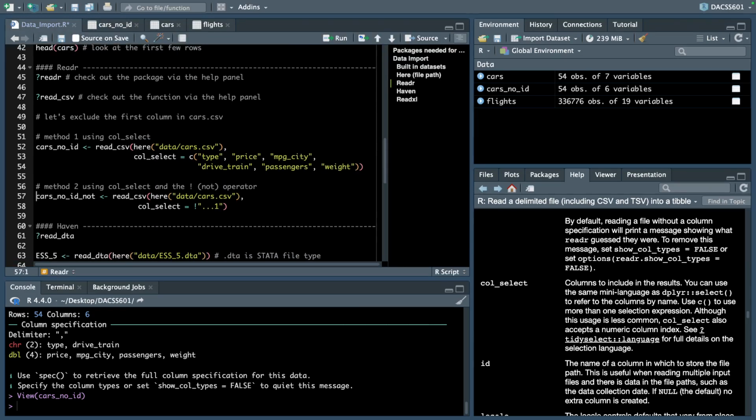But let's say cars had 15 or 20 or 100 different columns. You wouldn't want to go through and type in every single one manually. Instead, what we can do is use a logical operator. So in the last video, I talked to you about the exclamation point. That means not. And so instead of saying, okay, I want to select all of these columns, I can say, I want to select all of the columns that are